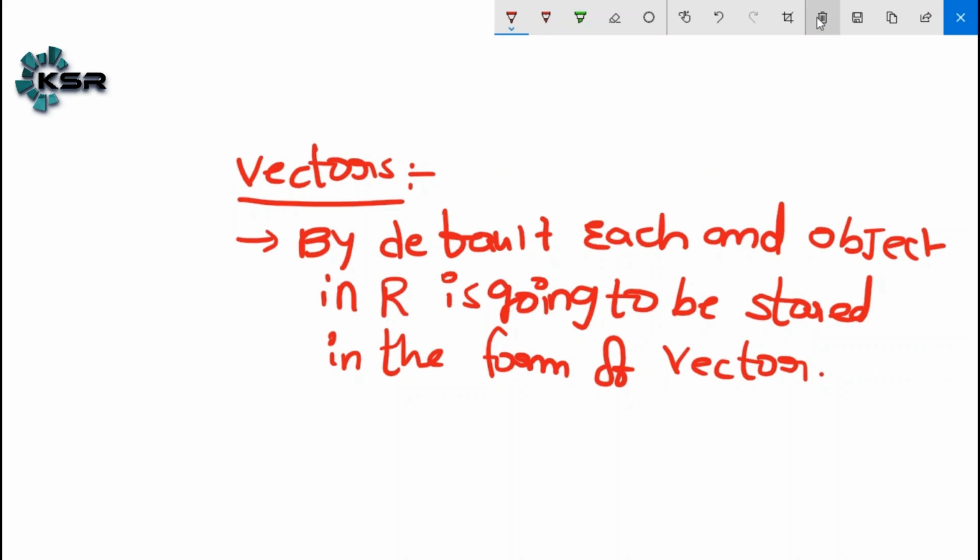So what is your default data type in R? Vector. Okay. How do we create vectors in R?